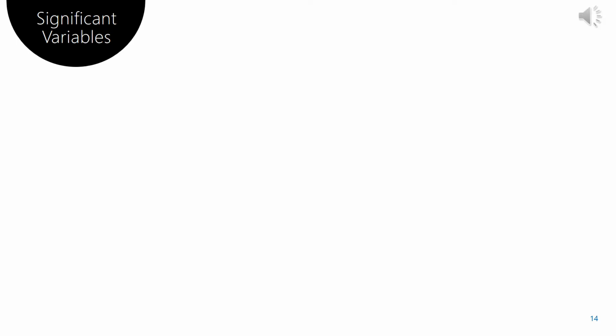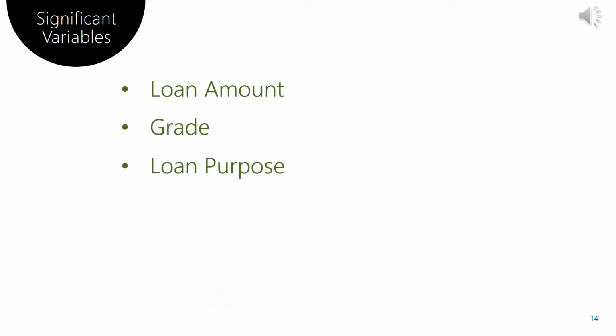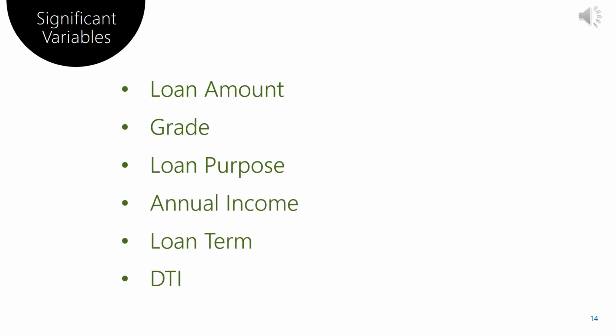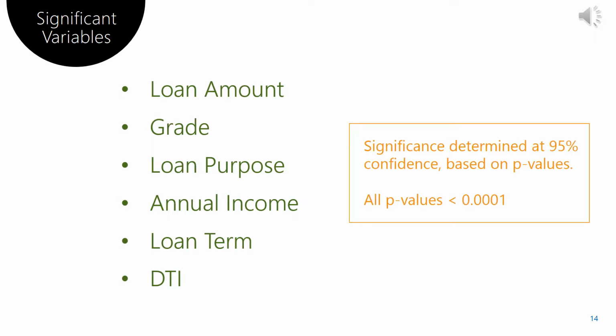So, having run our 200,000 plus loan records through our statistical software, JMP, we've determined through our regression analysis that loan amount, grade, loan purpose, annual income, loan term, and DTI have a significant effect on profit. And what we're talking about in terms of significance here is statistical significance, and that's determined through p-values. I don't want to get into a deep dive into statistics here for this presentation, but I do